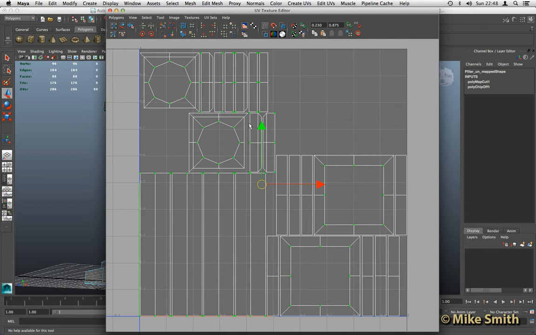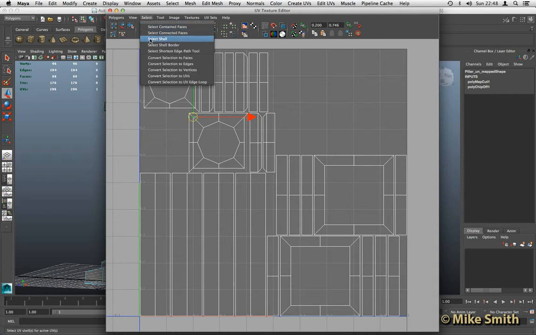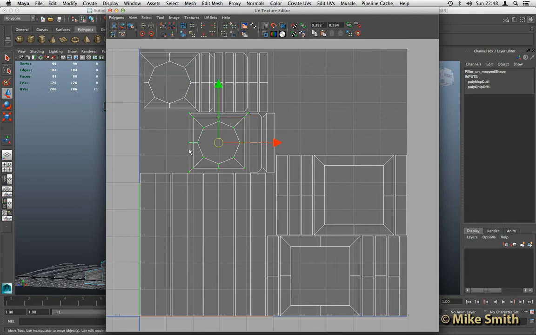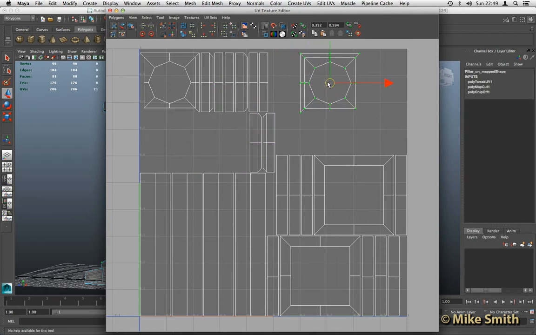Now what I need to do is select just one UV on one part. So if I just highlight one of these, make sure you're in your UV mode and just select one UV. Now we can go up to Select in our texture editor window and select Shell, and that will select the entire shell there. We can now move that up to just one corner out of the way, and it's still got some parts missing, but what we can do now